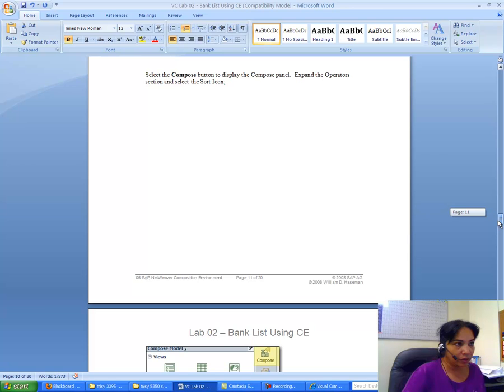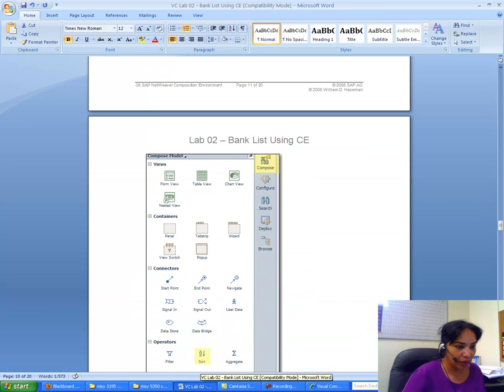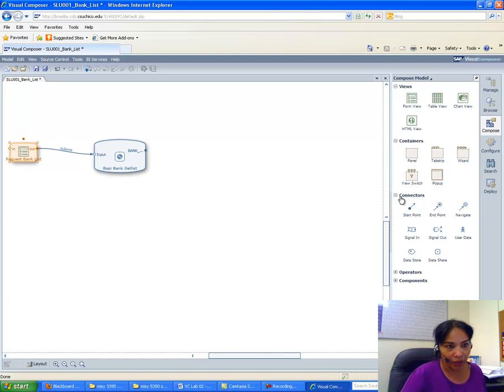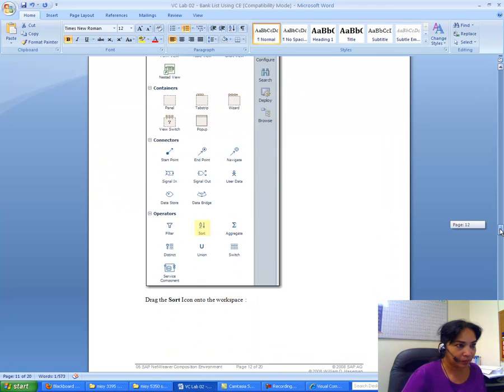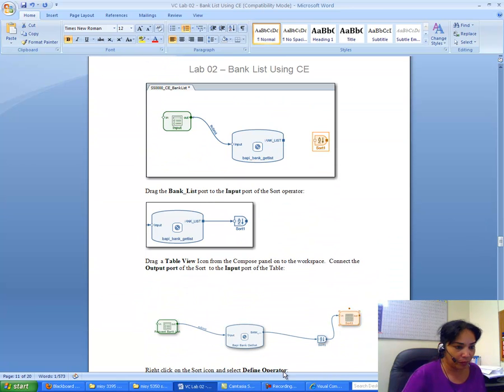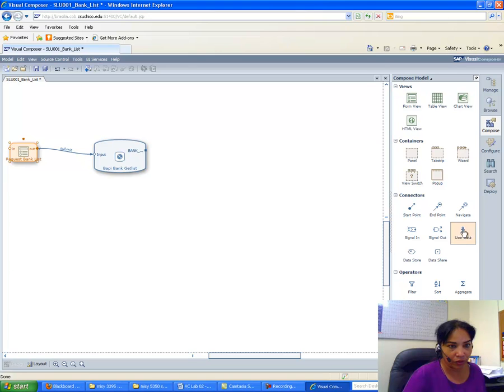expand the operators and select the sort icon. Okay, so I will just go to compose, my operators I have to expand, and I have to select sort. Okay, and drag the sort icon to the workspace. Okay, so I drag the sort icon to the workspace,